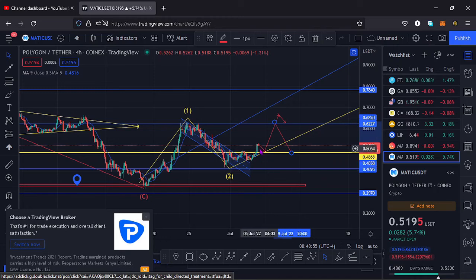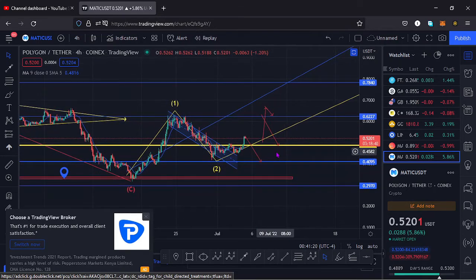It's also possible that the retest might not be a success, and once we are having a retest, we lose that key area of support and go to the lower side of the area of support, and that could bring us back down to around the $0.40 mark. So those are the key scenarios that can play out, basing it on the resistances and supports. It's also possible that